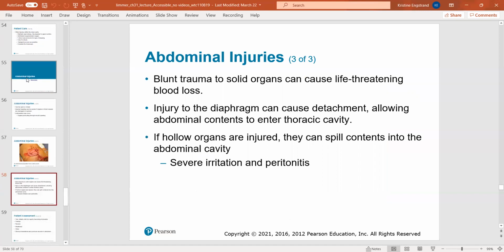So your solid organs: life-threatening blood loss. Injury to the diaphragm can cause detachment. So how are you going to know? You're probably not. You're going to look for bruising. You're going to look for distension, so that means the stomach's hard, pain, rigidity, breathing difficulty,